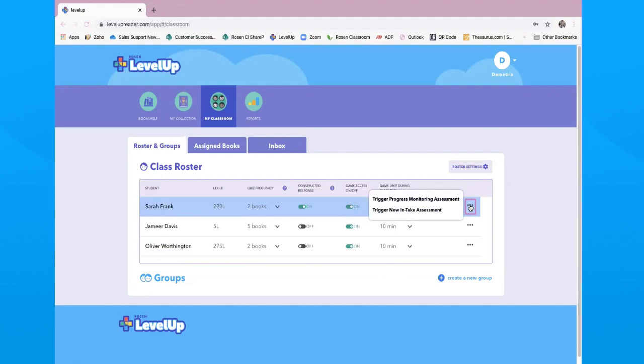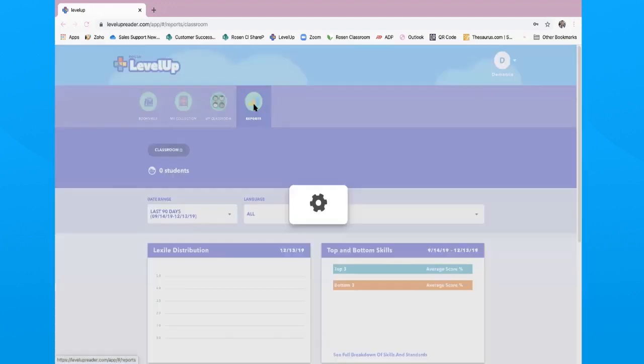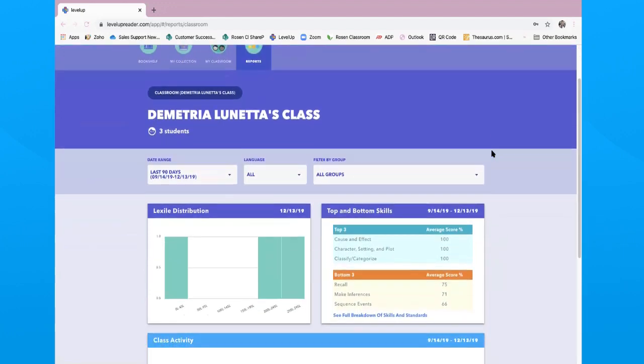And if I really don't feel like I have a good feel at all for where students are in their Lexile ability, I can even redo all of it and just trigger a brand new intake assessment and start that child completely over. When I go into reports, I don't have too much data because we've got plenty of data,